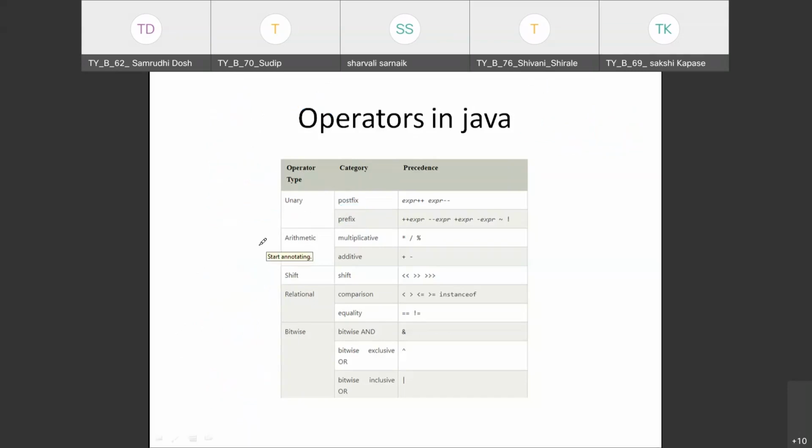Then the second one we have is the arithmetic operator. Arithmetic operator means addition, subtraction, multiplication, division and modulus operator.